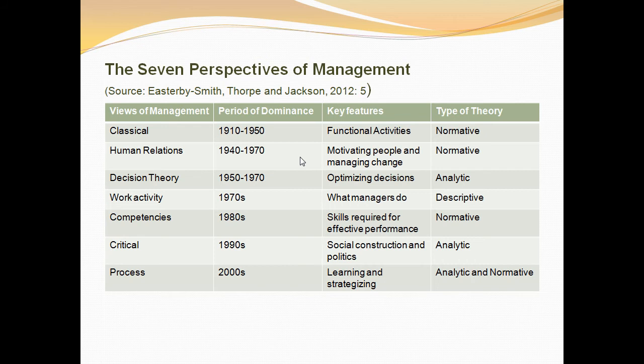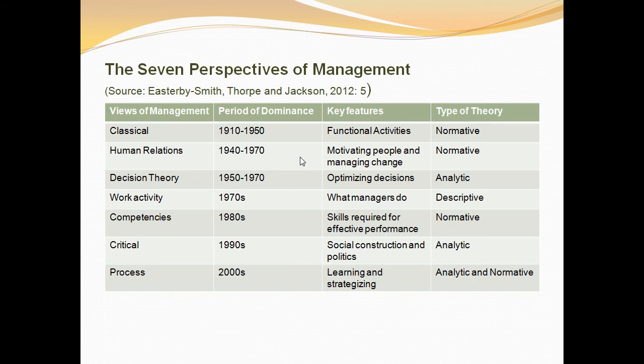If you look at the human relations school, in the 1940s to 1970s as it says in the table, it's much more about motivating people and managing change. Again, that's normative because it's about how managers motivate and how managers ensure change processes go ahead. Going back to the classical theory within this school, which is Herzberg's two-factor theory, it looks at hygiene and motivating factors. However, there are other aspects of motivation within this which you can consider. For example, you could look at Adams' equity theory.